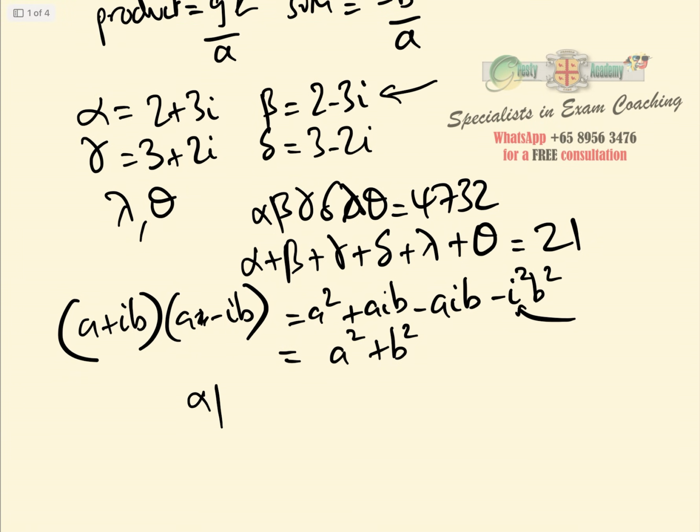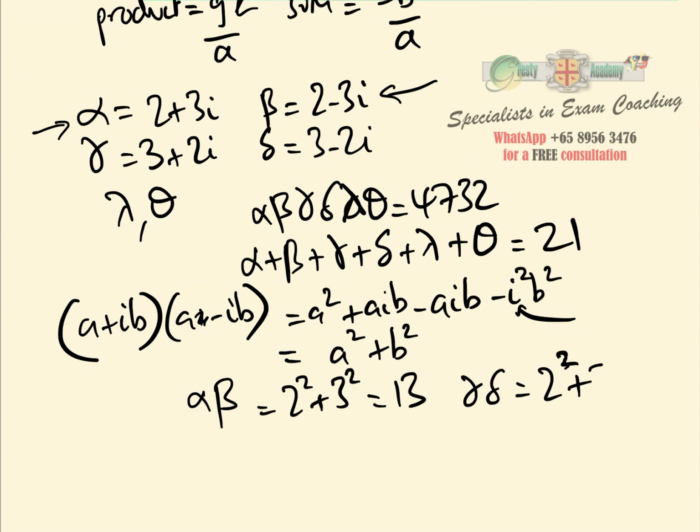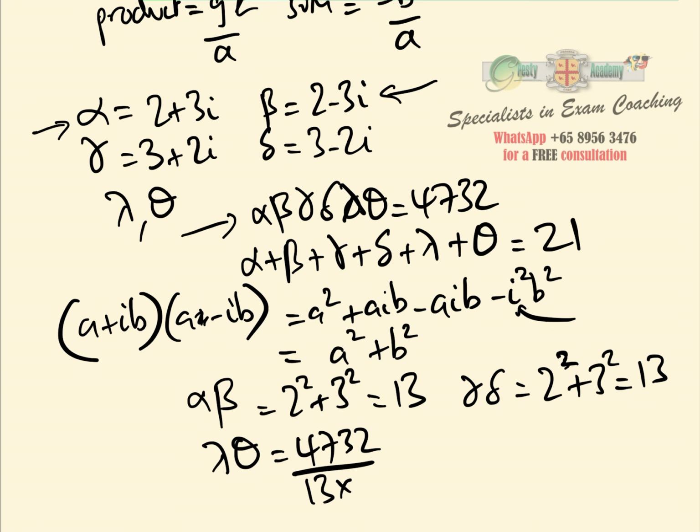And so alpha beta here is equal to 2 squared add 3 squared, which is 13, and we also know that gamma delta is equal to 3 squared add 2 squared, which is equal to 13. And therefore we know from this equation here that lambda theta is equal to 4732 over 13 times 13, which